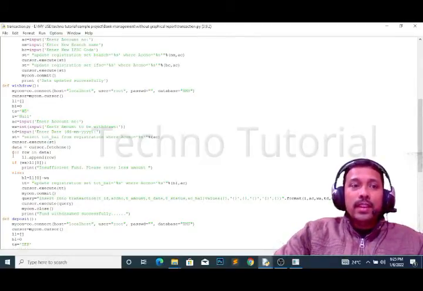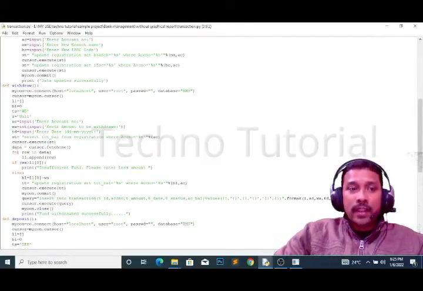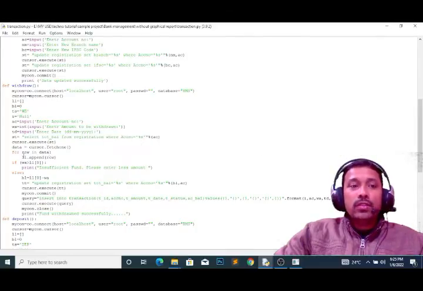Now, for row in data. By default, what type of data will it read? It will read tuple type of data. If it reads tuple type of data, we cannot compare it with any variable, right? So that is why we have to convert it into a list. From the list we are going to take the specified amount which I want. That is why I have used this technique, for row in data. Row is the variable we are using as the looping variable. So whatever is there in the data variable will come one by one to row.